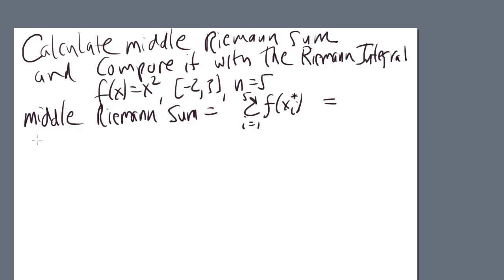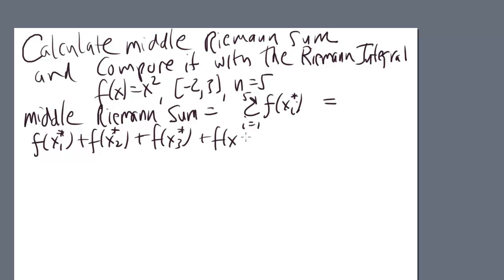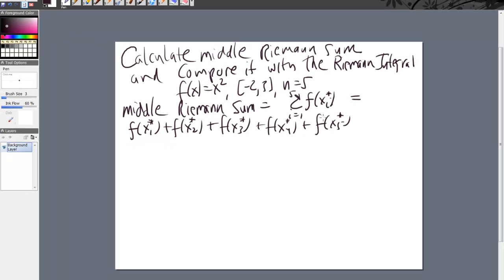So that's going to be equal to f of x sub 1 star plus f of x sub 2 star plus f of x sub 3 star plus f of x sub 4 star plus f of x sub 5 star. And each of these terms that we've written here correspond to the area of the rectangle on a